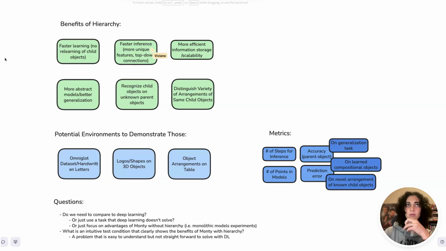Second, faster inference, for one because higher level learning modules will get more unique features. The logo ID will appear on way fewer objects than light blue, for example, or slightly curved or flat surface. So the kind of features that come into the high level learning modules will be much more distinguishing of the object, which speeds up inference.